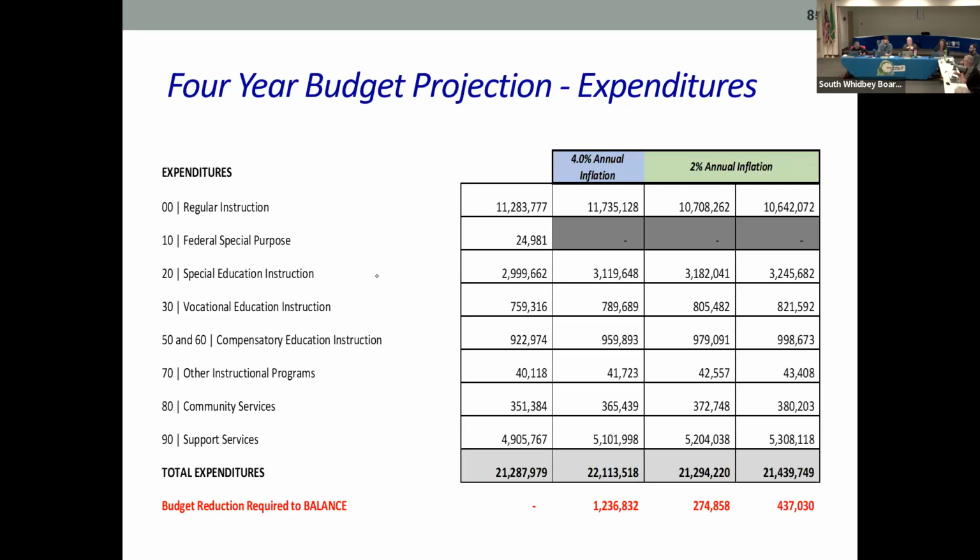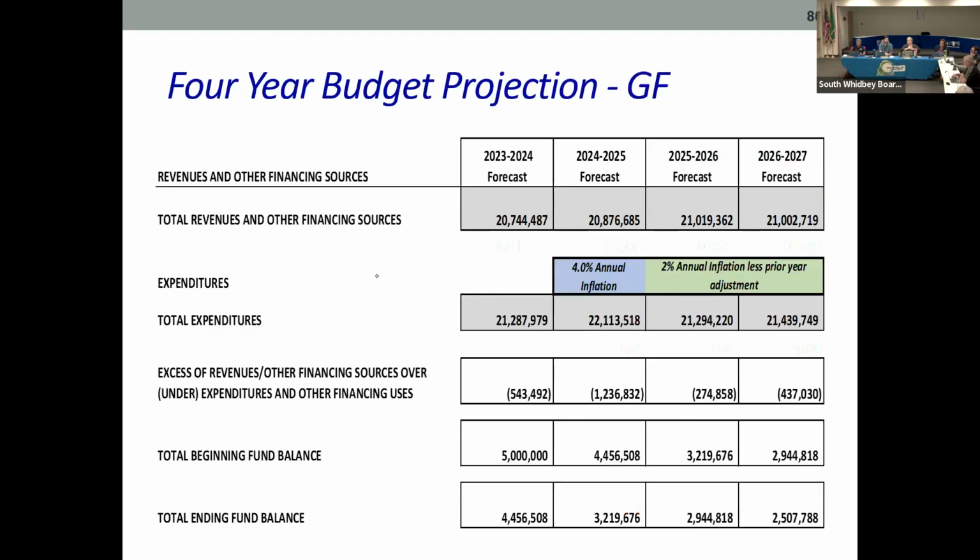Pretty stagnant type revenue. And this is with a fund balance beginning around 5 million. Right. And with that, you can see that the fund balance would drop to maybe about 2.5 million over time. We'd be using some fund balance as we went through that process. And that's still about 10%. Correct. So we're still above the 6%.